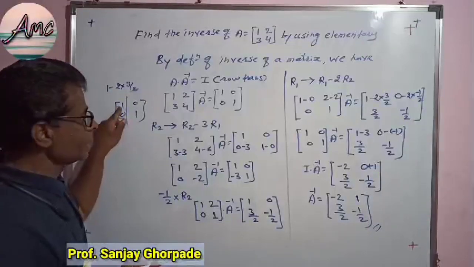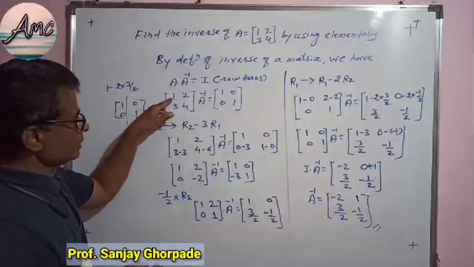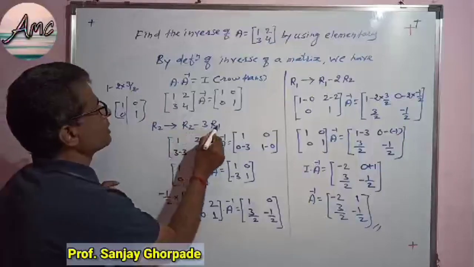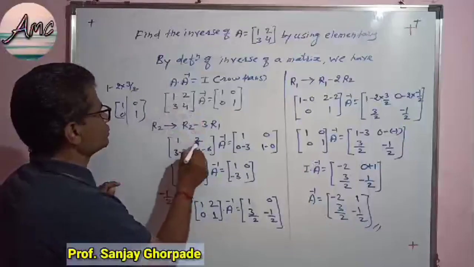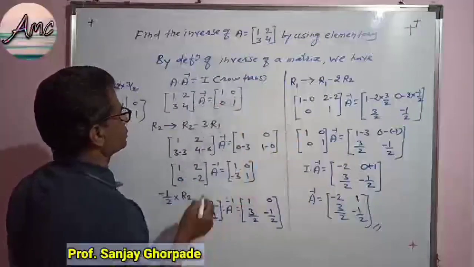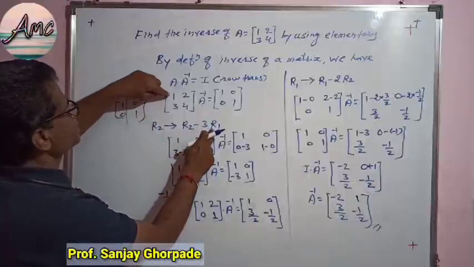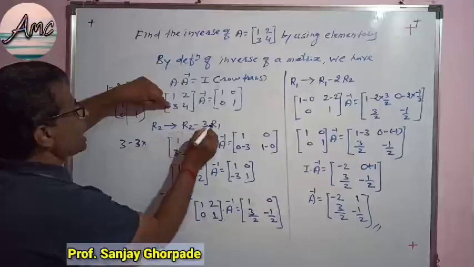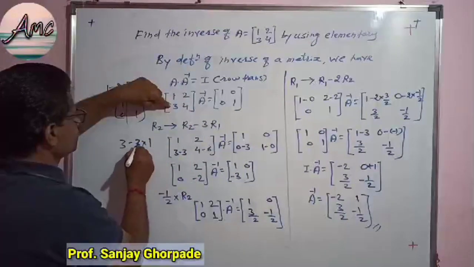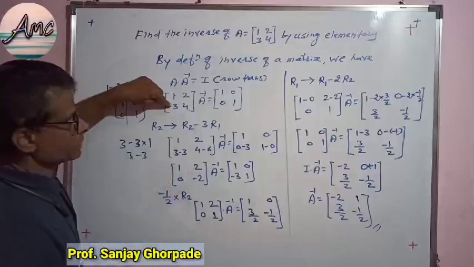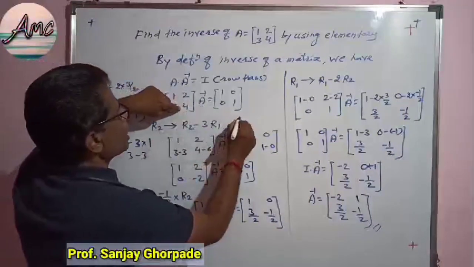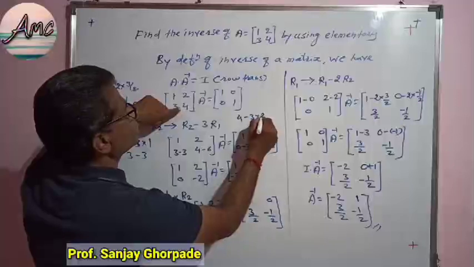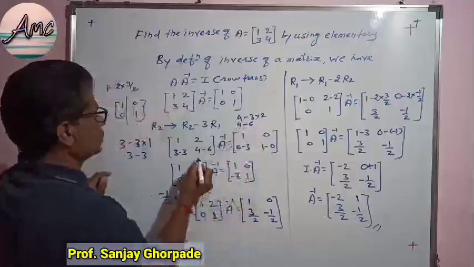To make the first column 1, 0, first you bring the element 1 here, and luckily in this case this element is 1. Now it is required to make this element a 0. How? So R2 tends to R2 minus 3 times R1. There is no change in first row as it is 1, 2. Even in the right hand side the first row will remain as it is. Now second row is what? Second row minus 3 times R1. Second row is 3 minus 3 times R1, and R1 is 1, so that is 3 into 1 is 3. So we will get 3 minus 3. Then next is R2, which is 4 minus 3 times R1. R1 is 2. So 4 minus 3 2s are 6. So we will get 4 minus 6.